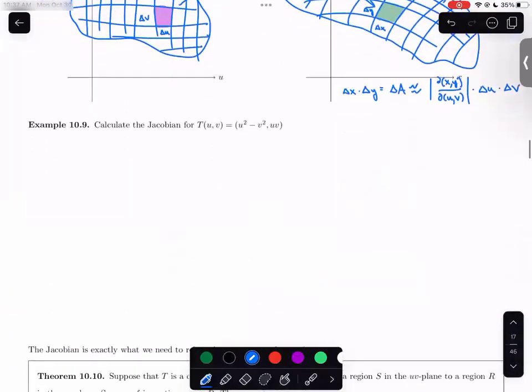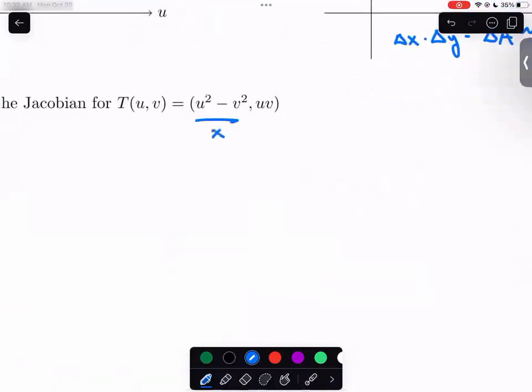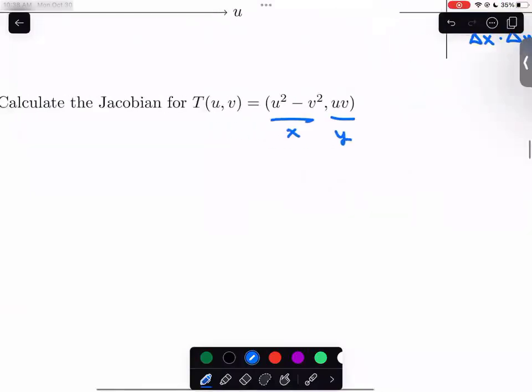But before we get to that, let's get a little bit of practice really quick in calculating a Jacobian. So here would be a perfectly fine multiple choice style question for a quiz or an exam, or certainly within WebWork as well. So we have an x coordinate and a y coordinate for our transformation. And so the Jacobian, that is all of these partial derivatives,